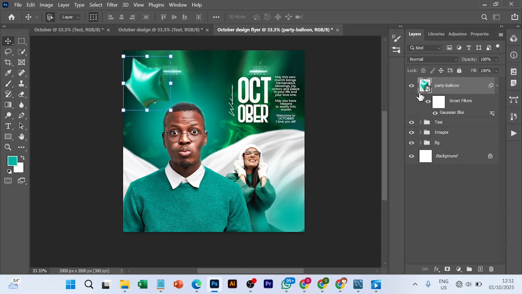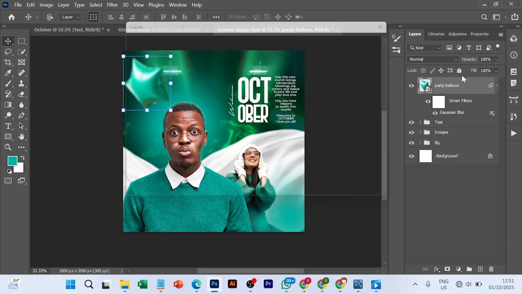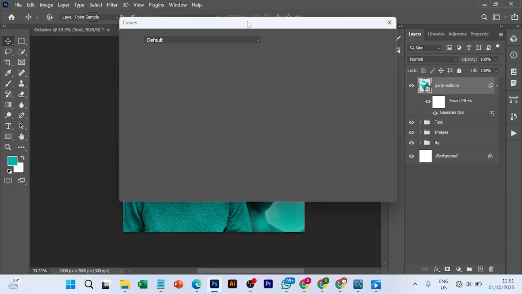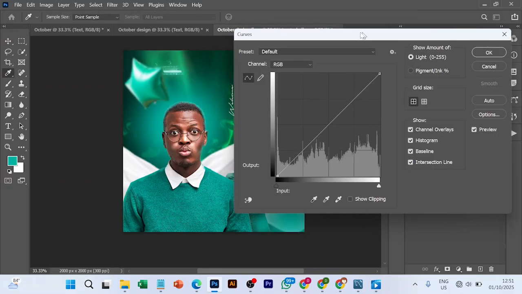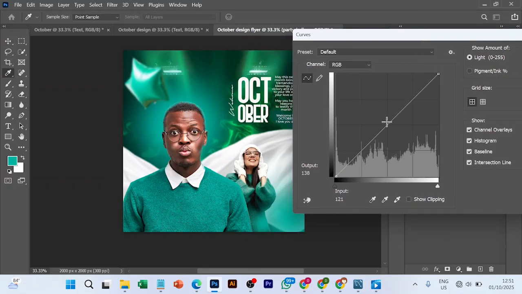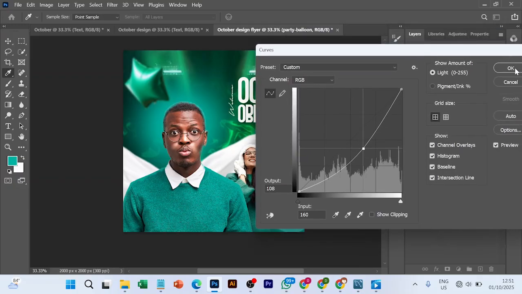Leave it like that, and let's Ctrl M to bring out our curve. We want to add more contrast to it, so that's why I'm using this. I want to give it more contrast. Yeah, exactly. So click OK,